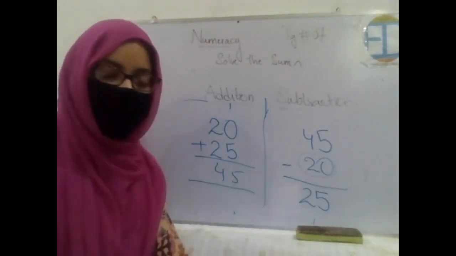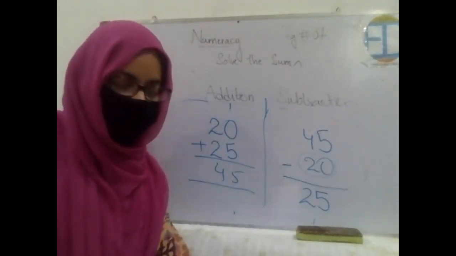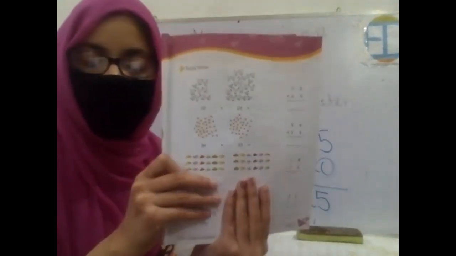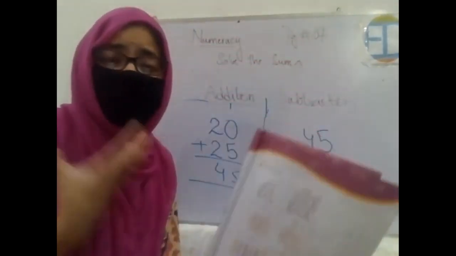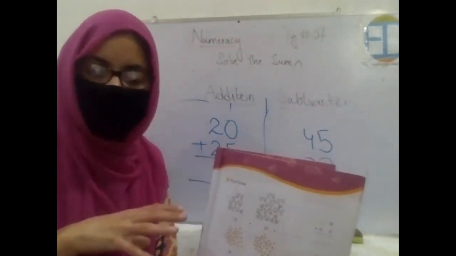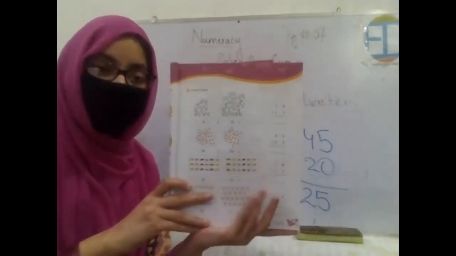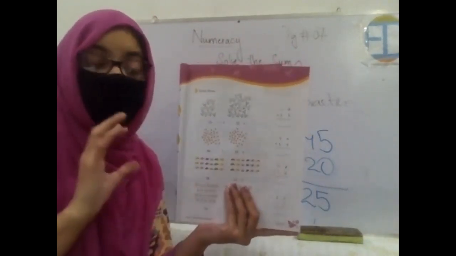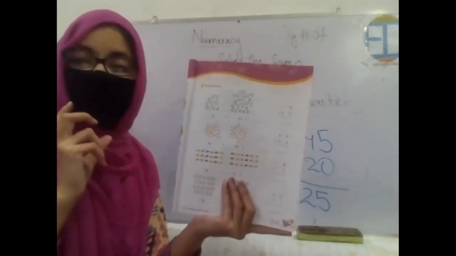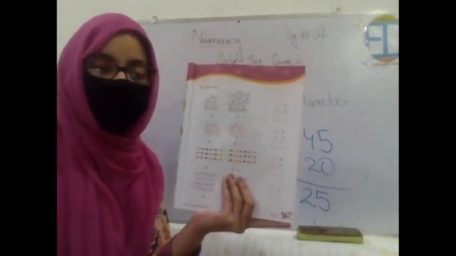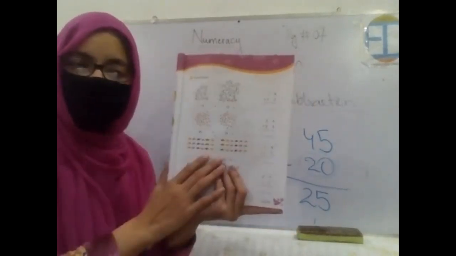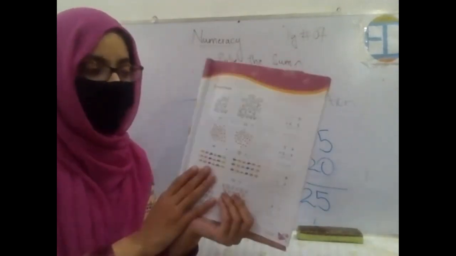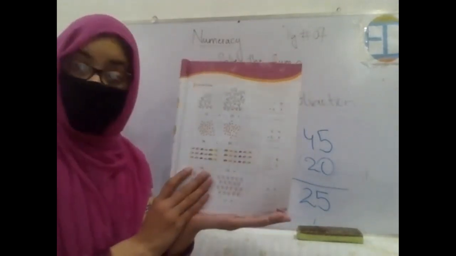Right now I want all of you to open your books. This is page number 7. We will be solving these sums. Okay, this is not a separate topic, we are just revising this concept because there is only one page related to this. We will be doing inshallah the chapter, there is this whole chapter for addition, that is unit number 3 in your future classes. But for now we just need to revise the concept, and there are only 4 questions that you are supposed to solve.